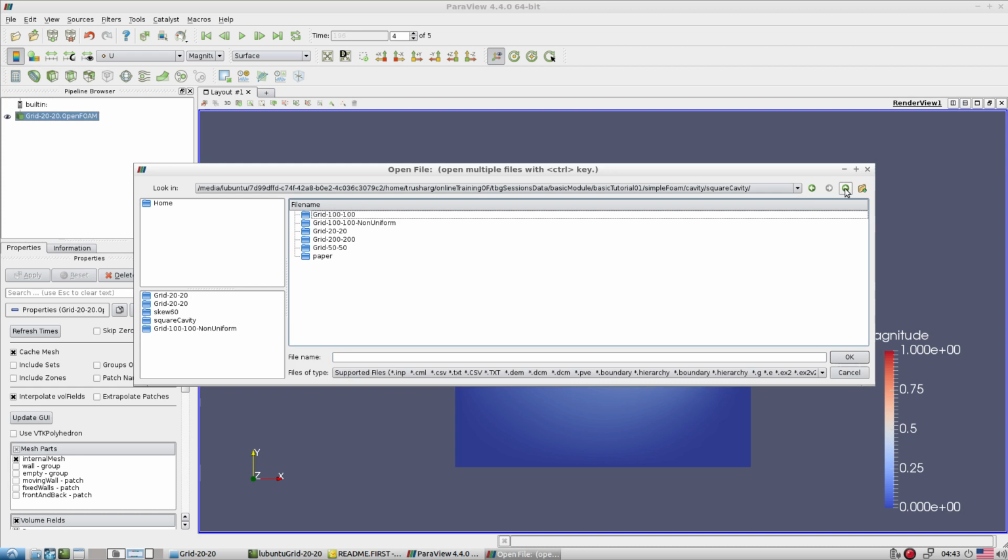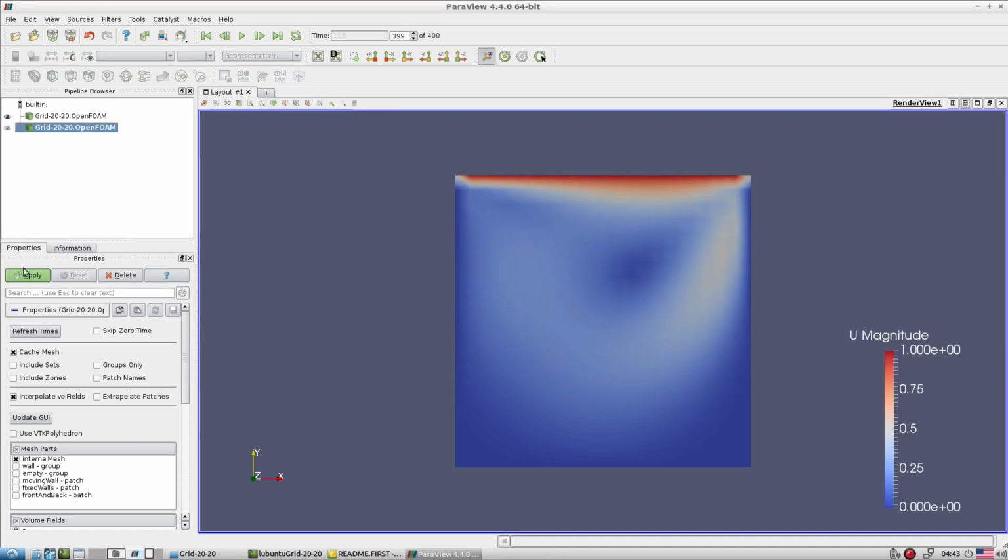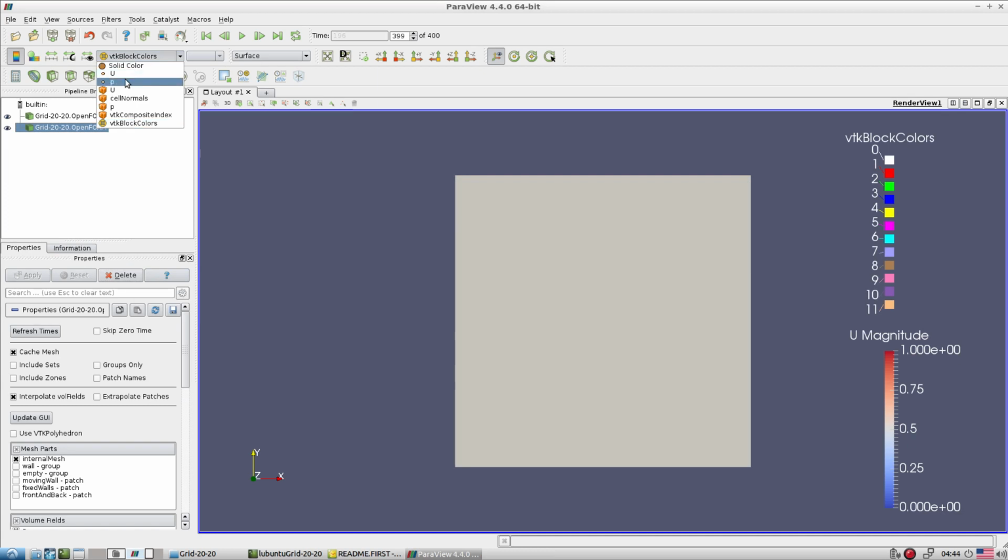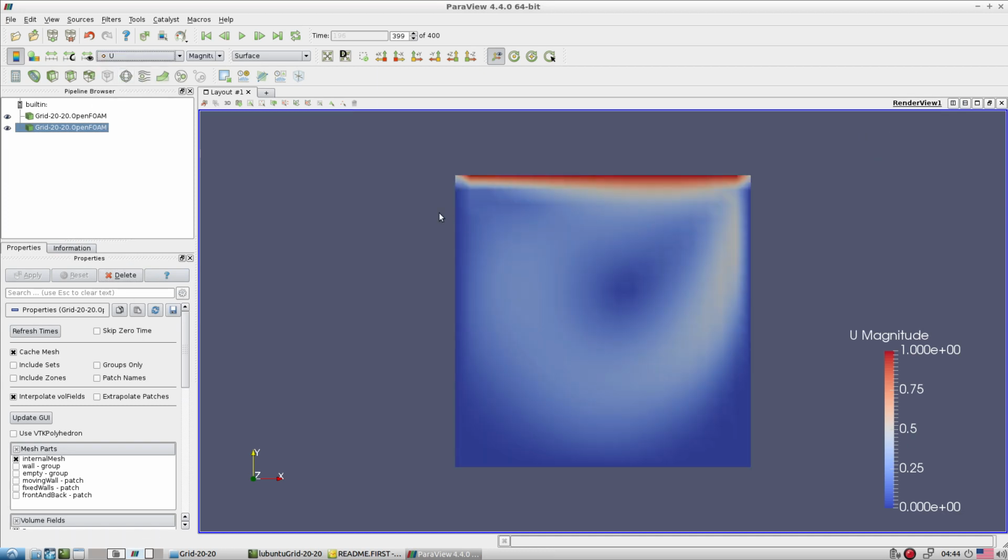From here, open that particular file. Go back to the place from where you can select that file. We are in tutorial 2, icoFoam, cavity, grid 2, and we have to select that particular file. If you select this file, you can enter inside this place. This is its last part, and this is its last part. This and this have some difference, because I didn't converge this transient simulation.